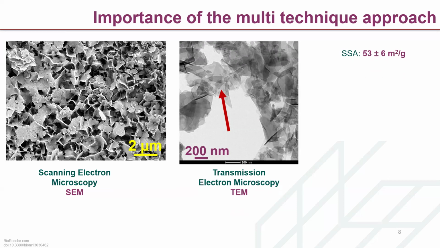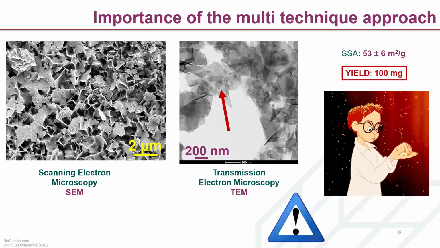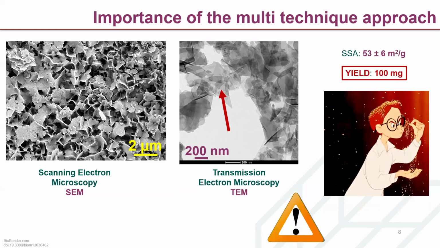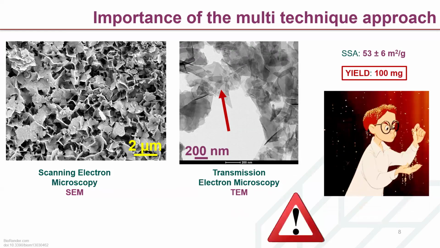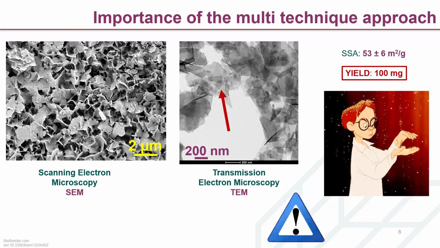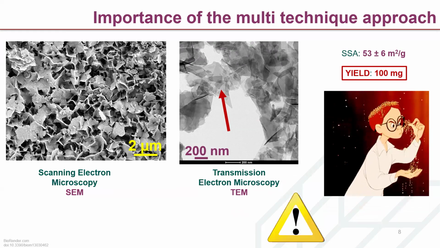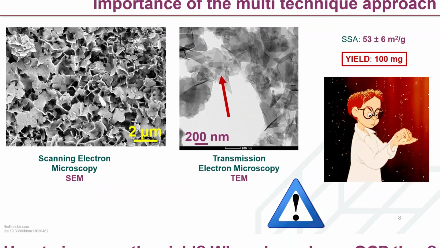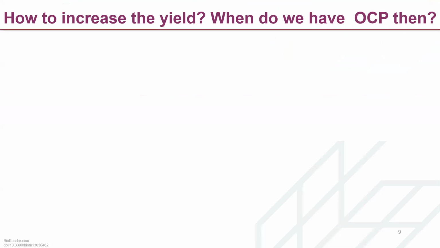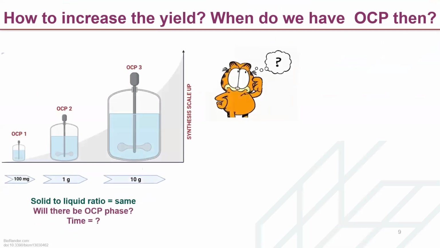Even though we got a very nice OCP, the problem was that we had only 100 milligrams per batch of product. And if we were to utilize it in any way, the yield was just not enough. In order to increase the yield of OCP to 1 gram and 10 grams, we needed to optimize the methodology again, and we decided to keep the solid to liquid phase ratio the same, and to see when we will